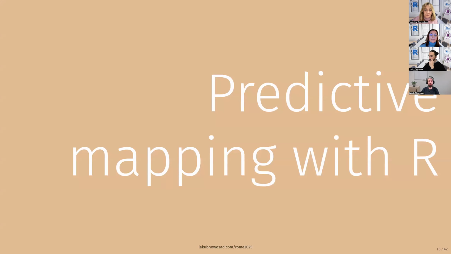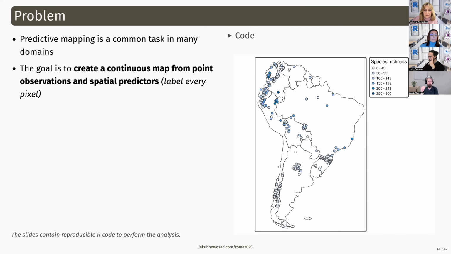But let's move to the core topic for today. So the core topic for today that I wanted to talk about is predictive mapping with R. So what was the idea here? I will be talking about this kind of problem: we have some measurements in space, and for our measurements, we have some values that we gathered, collected, or someone else collected. But we don't know what's between them. We don't know what's the value, what's the actual number in the place